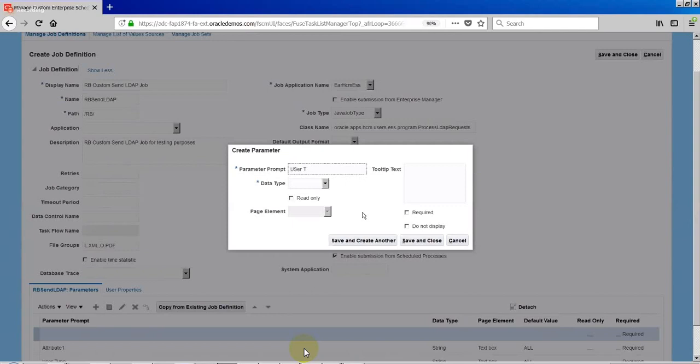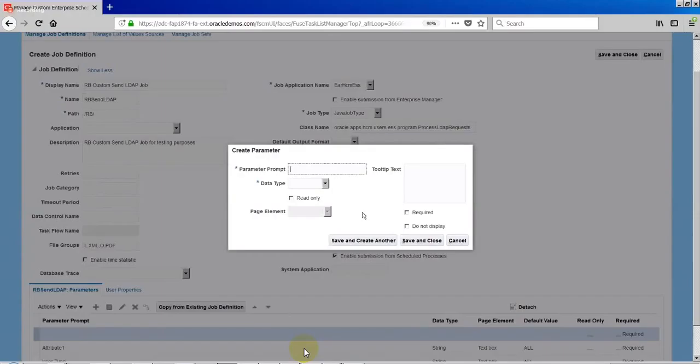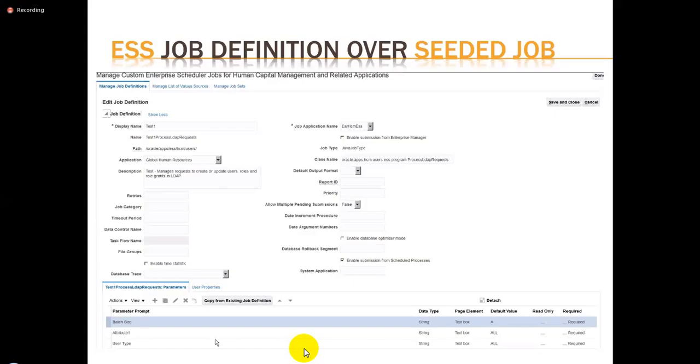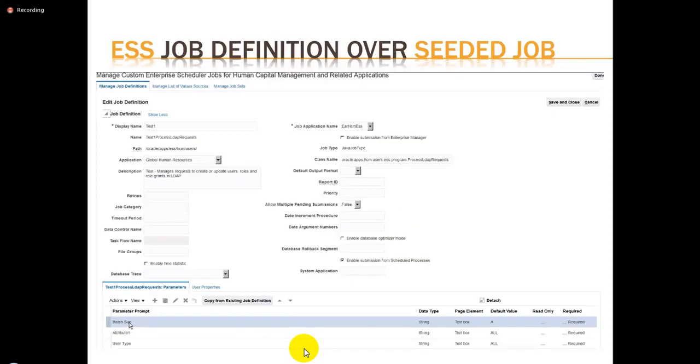User type is defined already, and next one is batch size. So there is no option for mandatory parameters like this here? Yeah, we have required. If required is checked, it is mandatory. Okay. So we have defined user type, attribute 1, and next one is batch size.